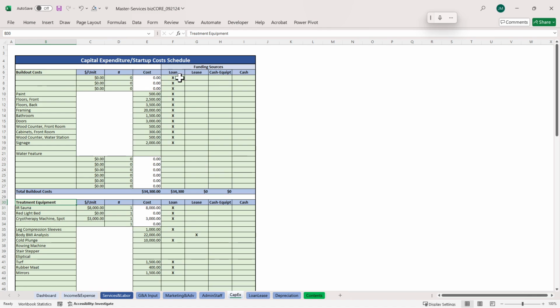Then whatever that dollar amount is gets assigned over to a funding source. Where is the cash going to come from that's associated with these particular expenses? And so as you check these off in all these different categories, it's going to summarize it all for you down below here. Now you notice that the first column is a loan, second column is a lease, cash for equipment, or cash for consumable items. And then it all gets summarized down here. And then these gross loan amounts go into the loan